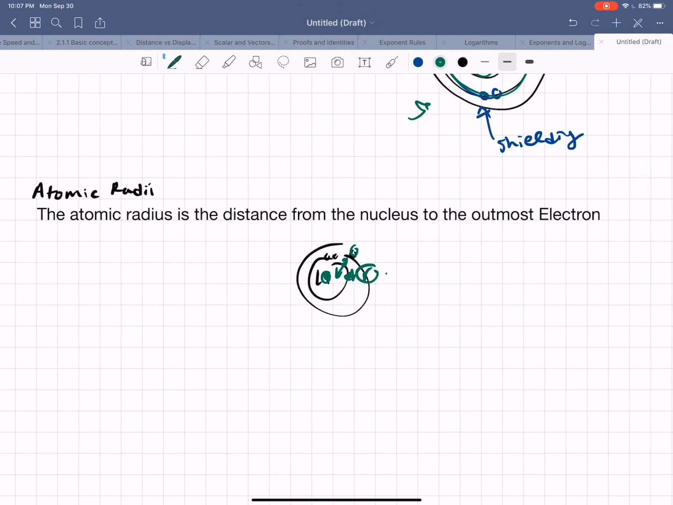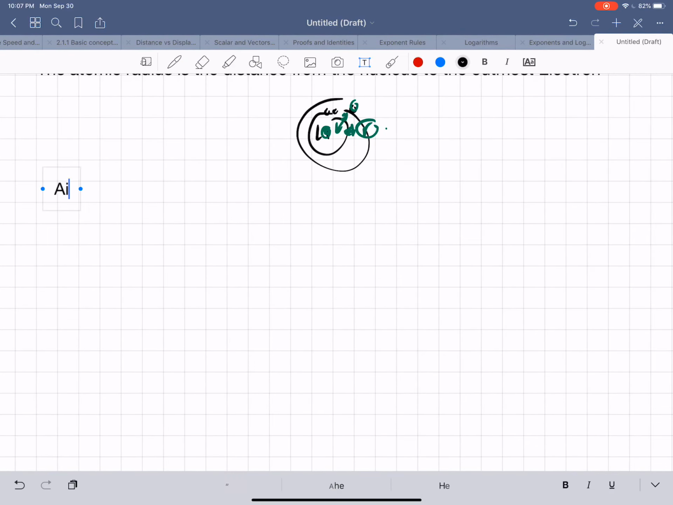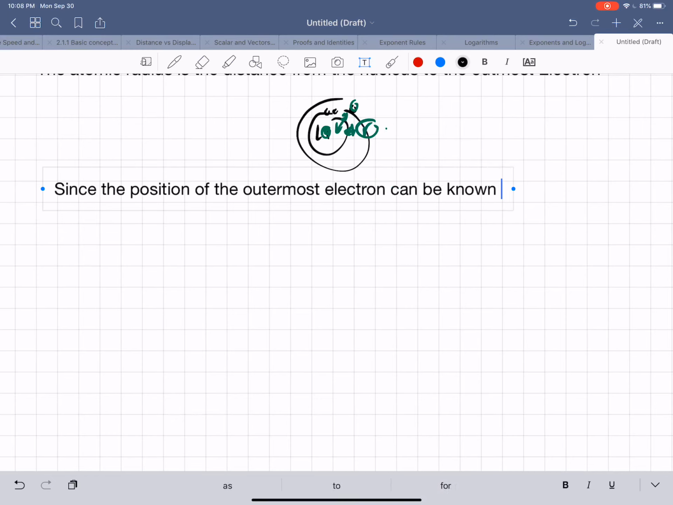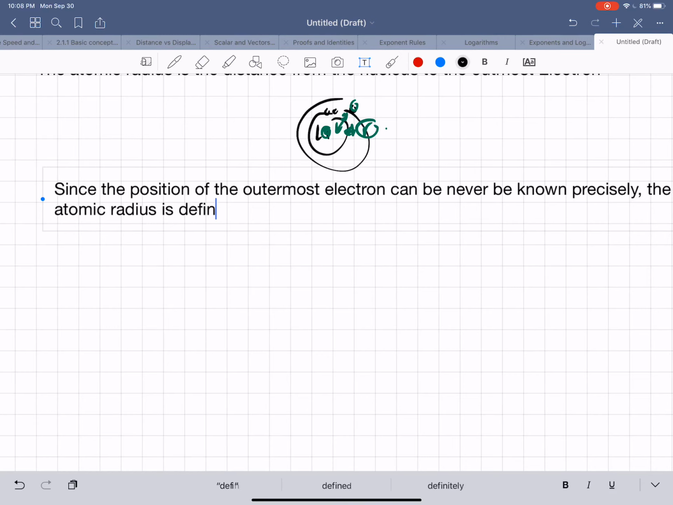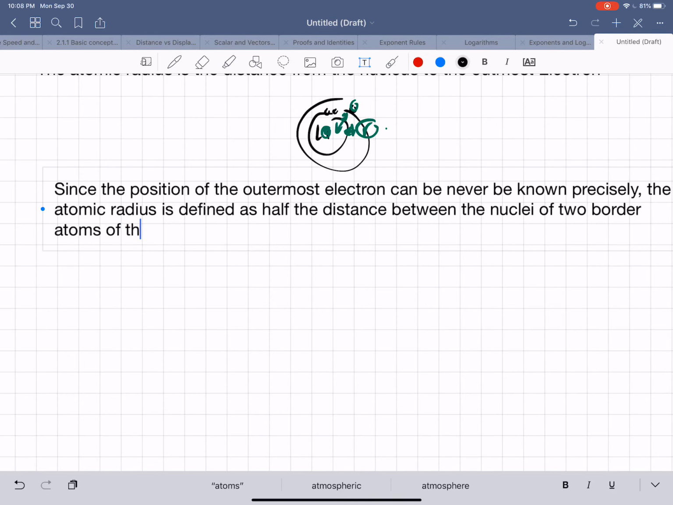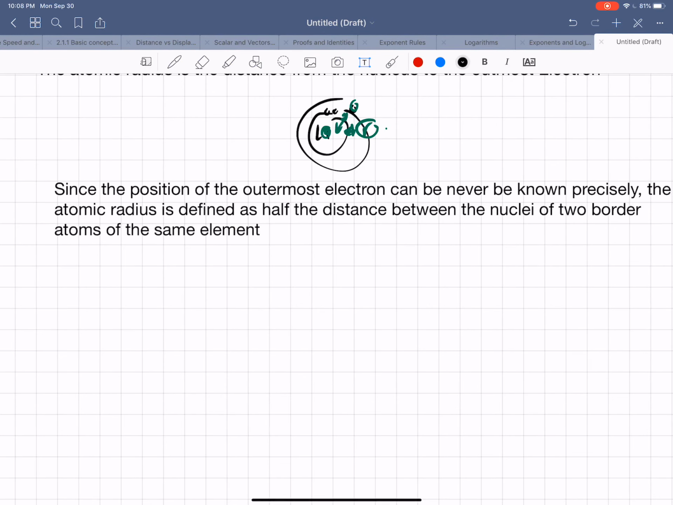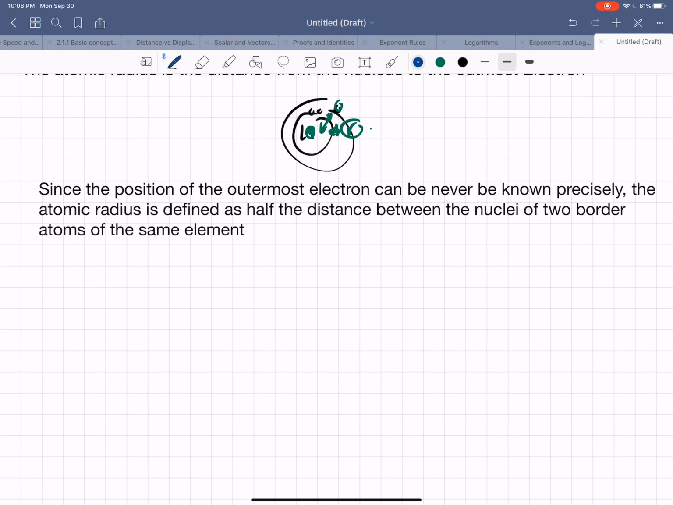Since the position of the outermost electron can never be known precisely, because remember, we can never know where an electron is, the atomic radius, according to the IB, is defined as half the distance between the nuclei of two bonded atoms of the same element. So what it's saying is, if I had